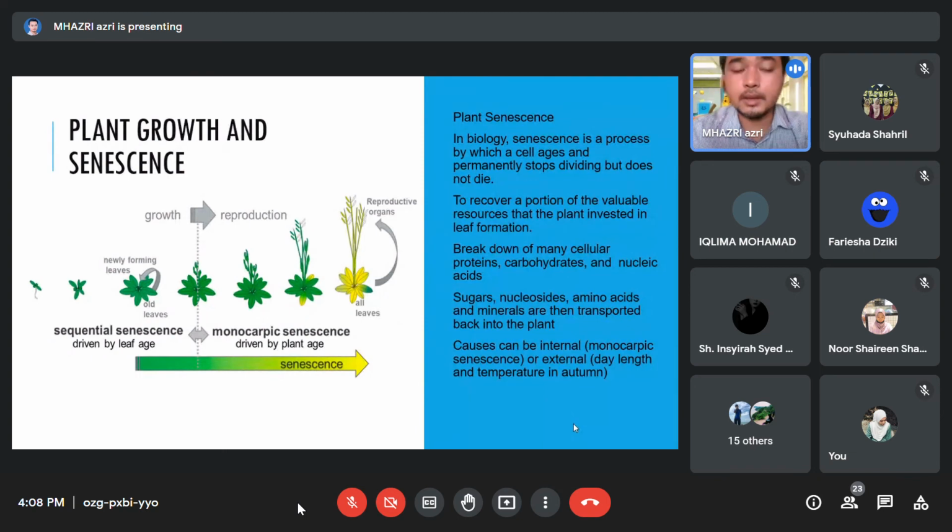Okay, plant senescence. What is plant senescence? Even though plants can grow continuously at a certain stage, sometimes the whole plant or certain organs will enter senescence periods. What is senescence? In biology, senescence is a process by which cells age and permanently stop dividing but do not die. Okay, so to recover a portion of the valuable resources that plants invested in leaf formation or organ formation. Okay, so why do plants undergo senescence and also kita panggil apa selain senescence,